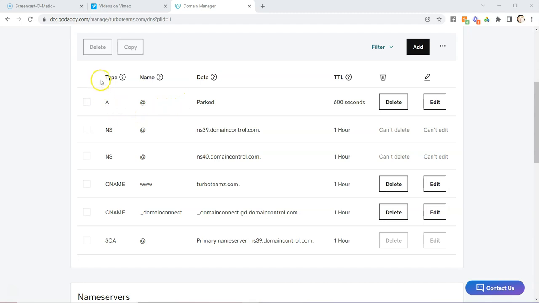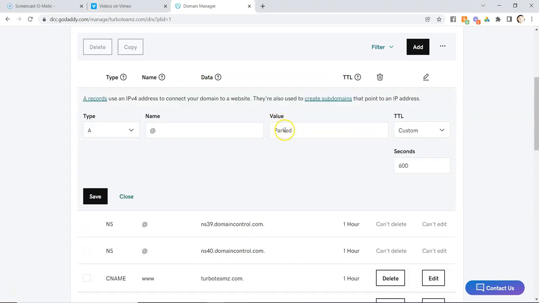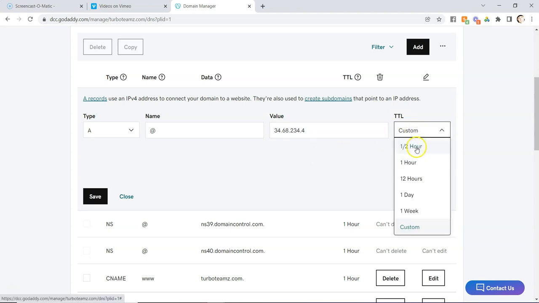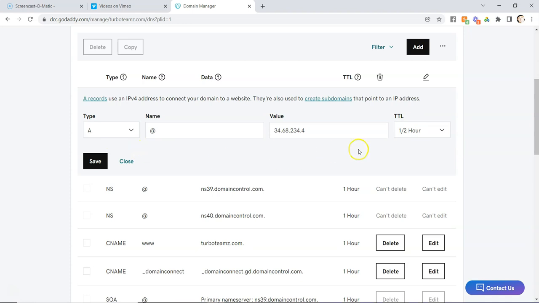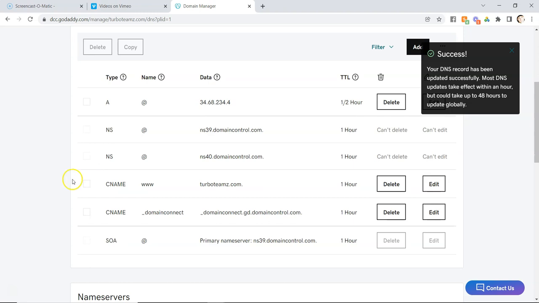Typically, the domains that you've never used, they might already have an A record right here saying parked. And so what you can do with this is just edit the parked data. Keep this A, keep the name at, change the value to those numbers that you copied. And we recommend changing the TTL to 1/2 hour. And when you are done, you are finished with that step. Click Save. Perfect. Now go back into your dashboard